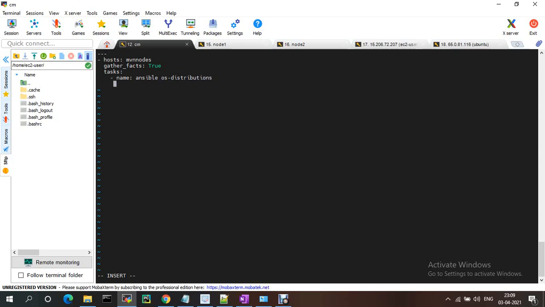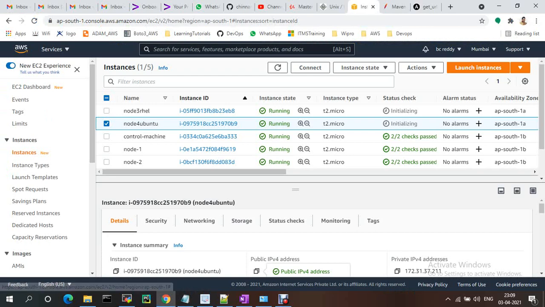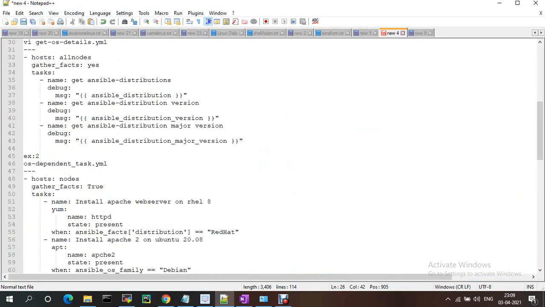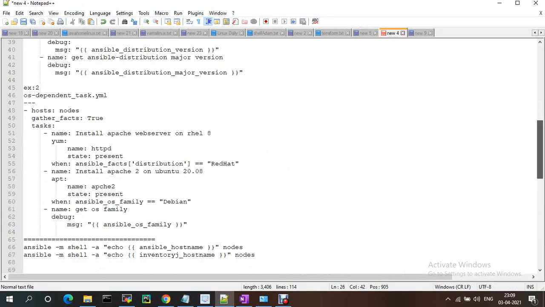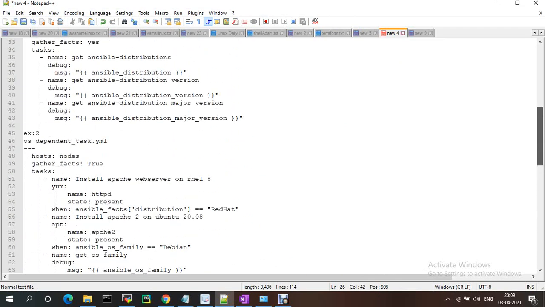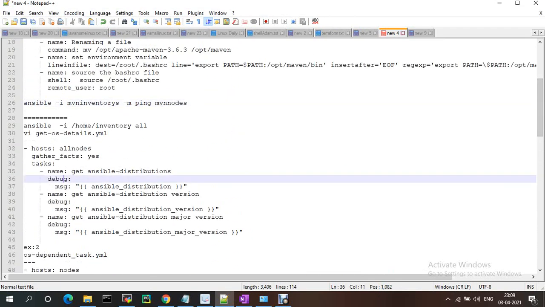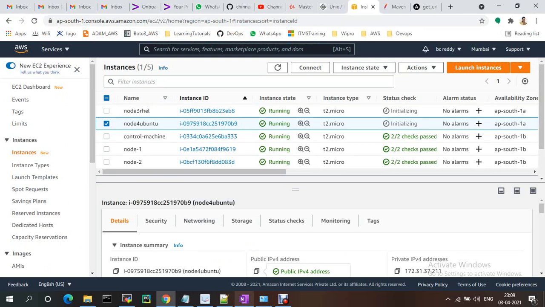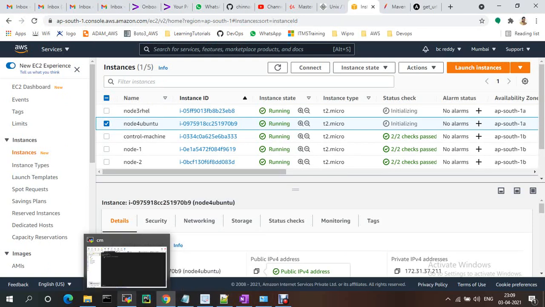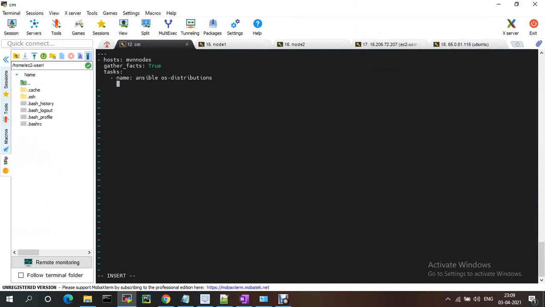For that, the module is the debug module. I'm just printing that one.